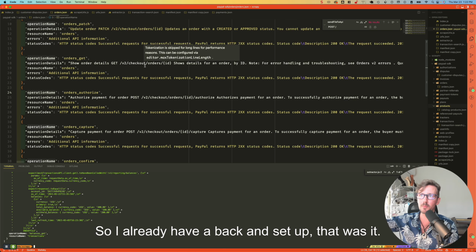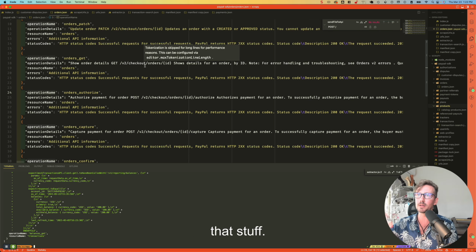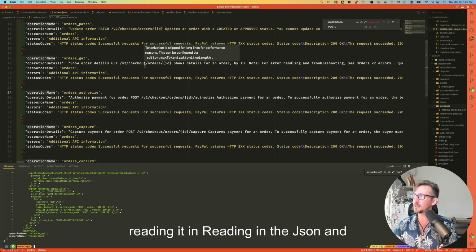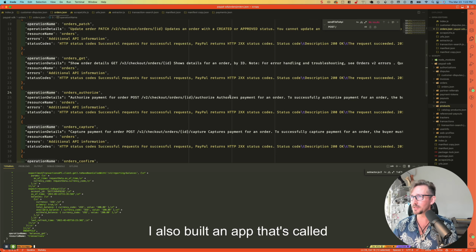Cool. So we grabbed all of the data here, and then we had to build up. I already have a backend set up that is able to talk to OpenAI and all that stuff. And so then it's about really taking this, reading in the JSON, and firing it off to my backend and letting my backend do its work. I also built an app that's called